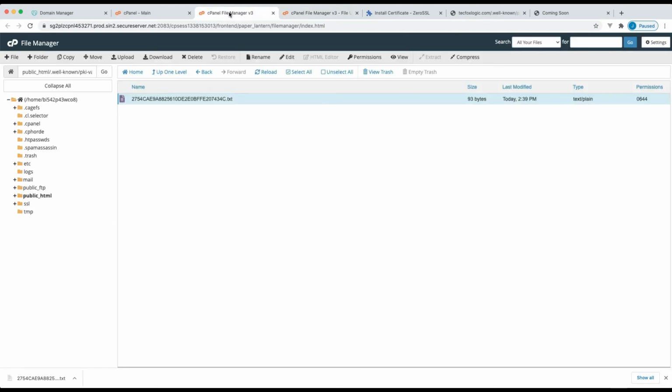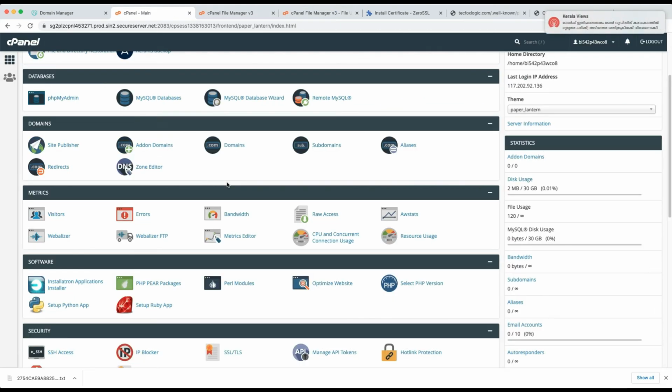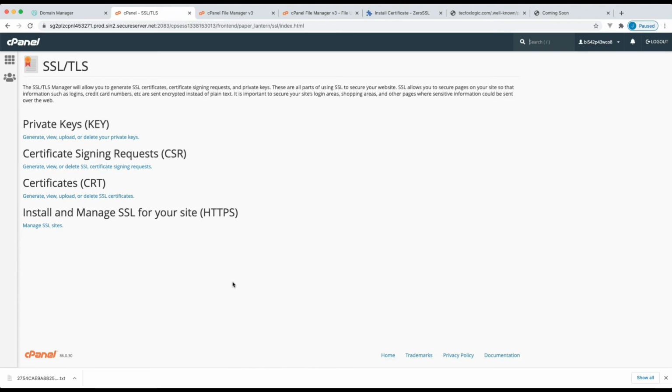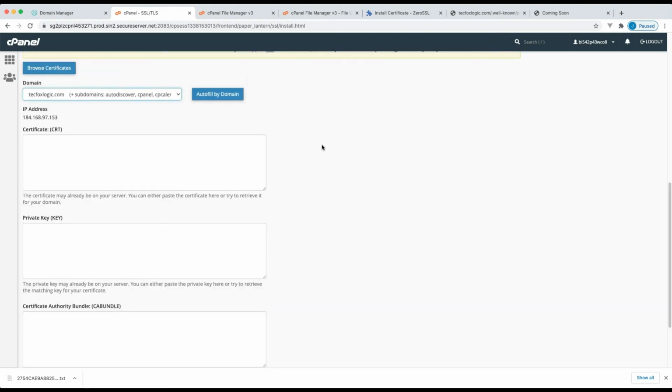Now let's go to the SSL and TLS section in the control panel. Click on Manage SSL site. Select your domain here. You will see three fields. Copy the file to the respective fields.